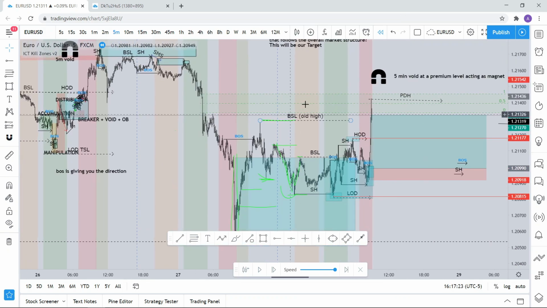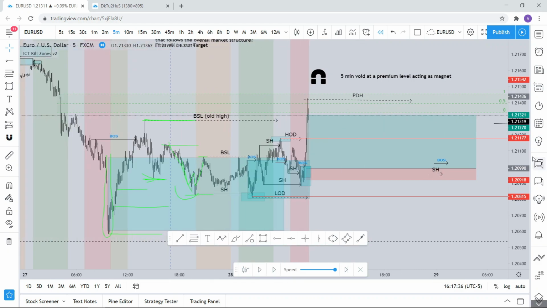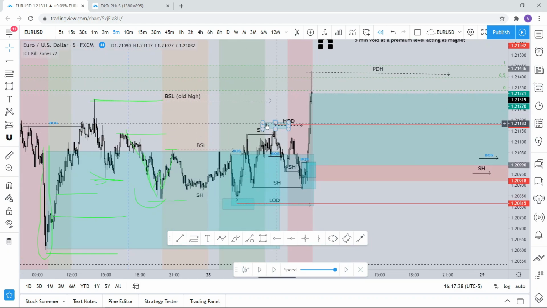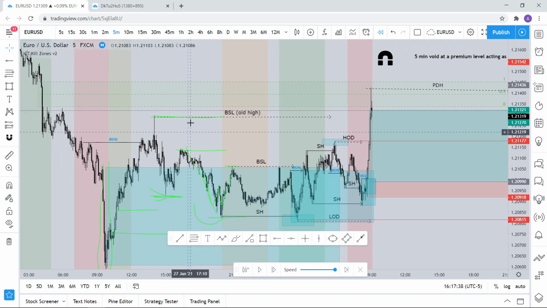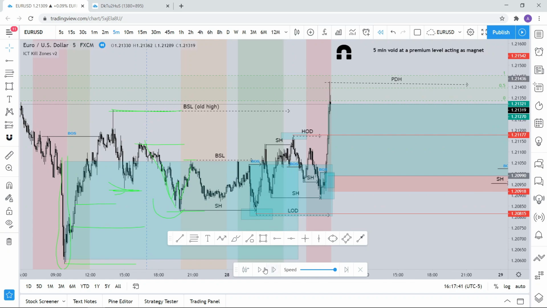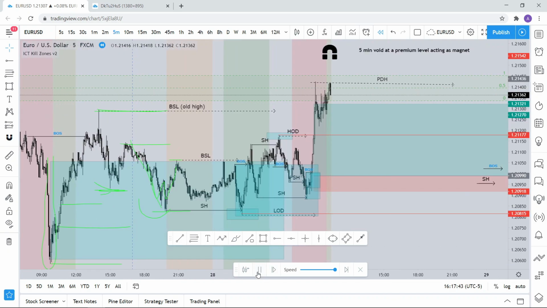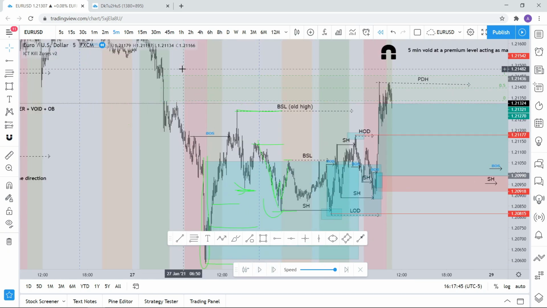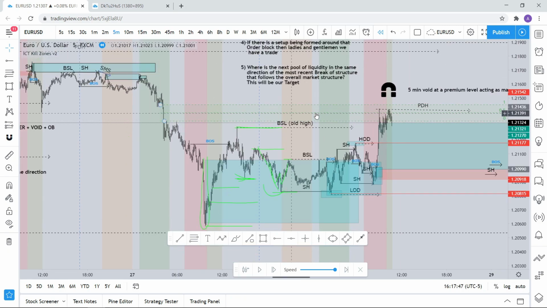As you can see, if you watch my previous videos, in this day we have the high of the day that I mark here as high of the day as a short-term target for this buy opportunity, and of course the buy side liquidity that we have here, which is the all-time high. After price hitting this level, which is a premium level of this bigger range, you can see